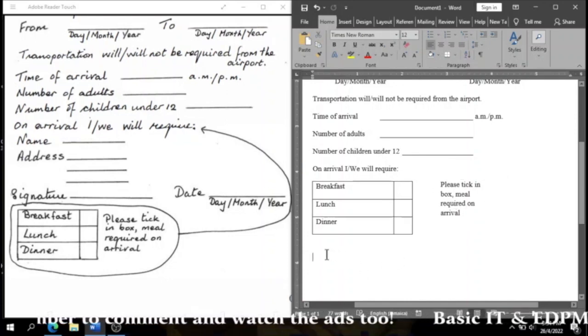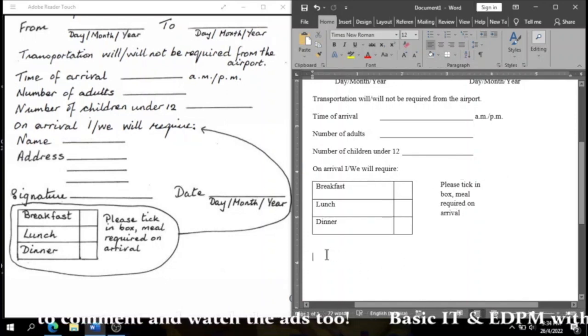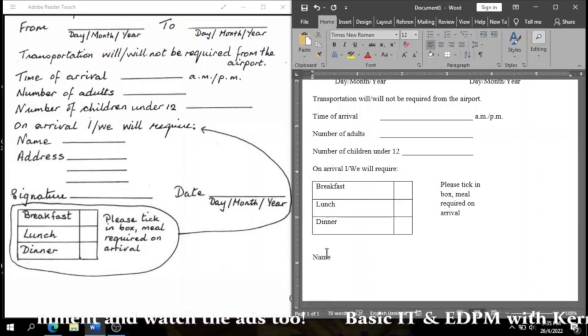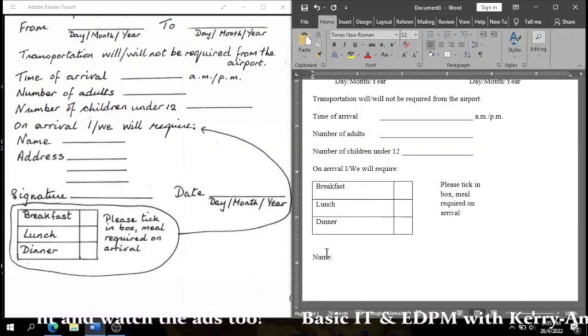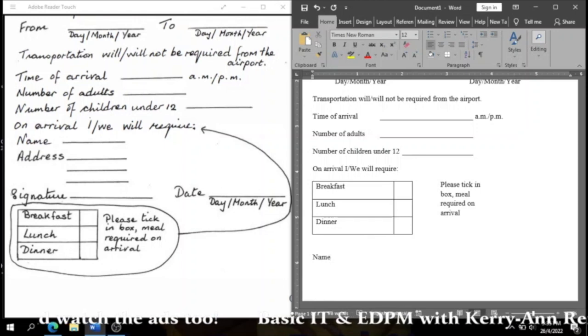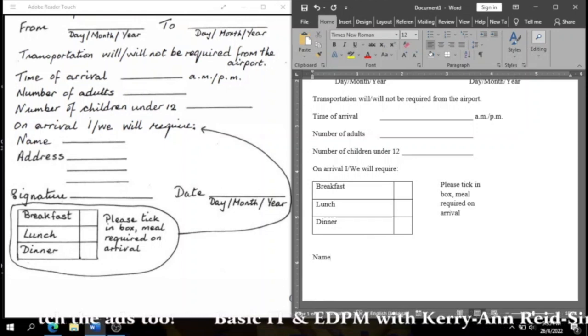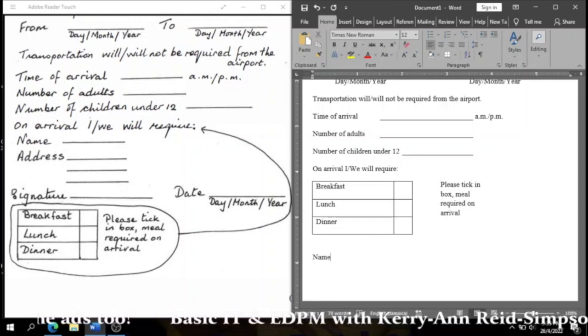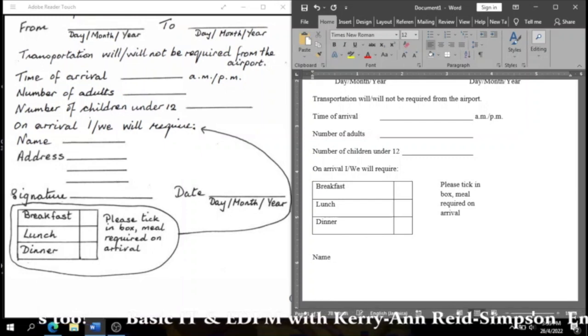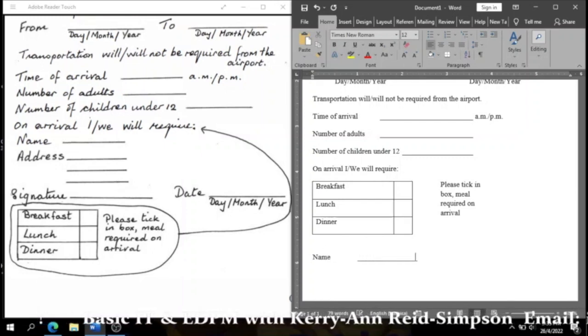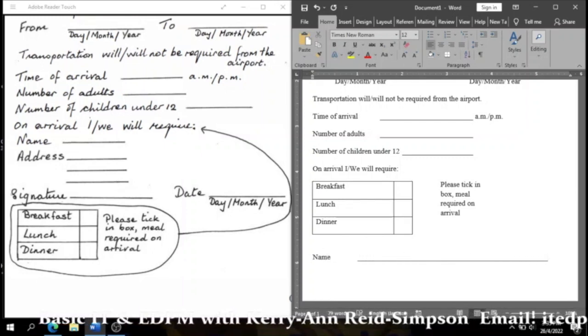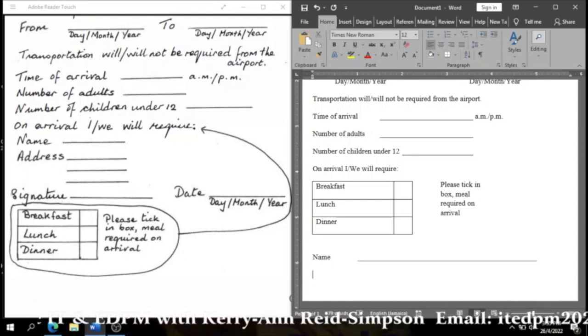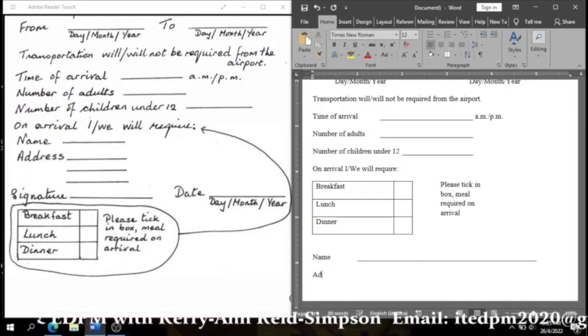All right, so below the table now we should have Name, colon... no colon, they don't have any colon. I would put a colon, but you can give and take. I'll press the tab key twice, then draw a line for the person to write their name, and then under name I'm going to type Address,